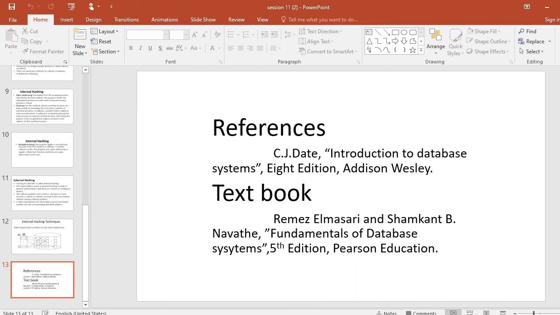So next we come to the end of this session. In this session we have understood what hashing is, the definition of hashing, and the categories of hashing: internal hashing and external hashing. In internal hashing, folding, collision, chaining, collision resolution, and multiple hashing.